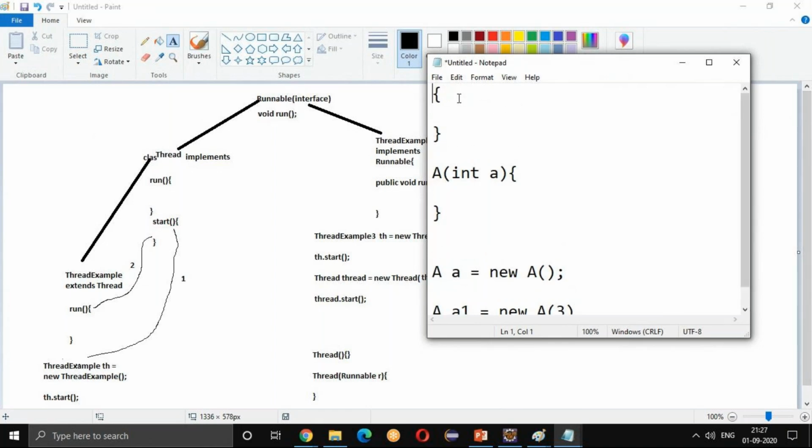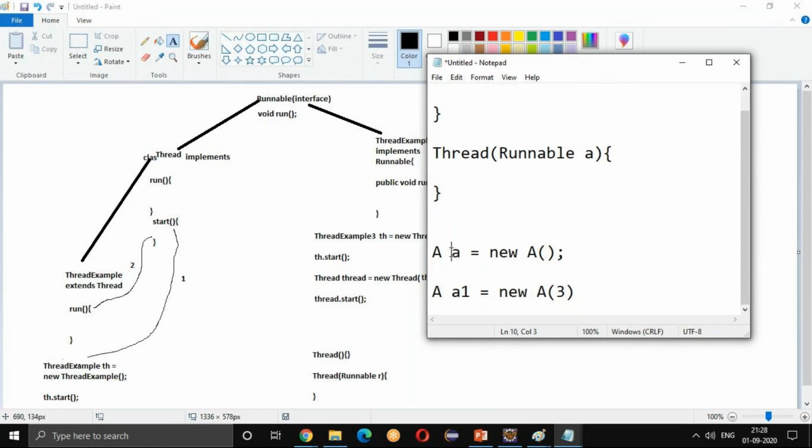Instead of A, what I have is a thread. It's a predefined one. And I have a thread with runnable. Instead of a parameter of int, I have a runnable. What is this runnable? Runnable is nothing but an interface. So with this interface, I have a constructor, right? So here, if I do this thing,